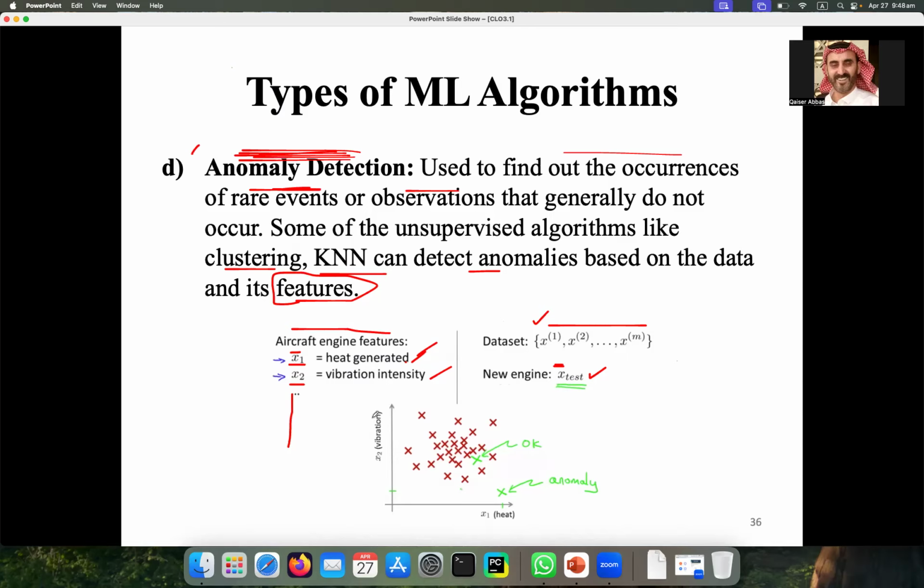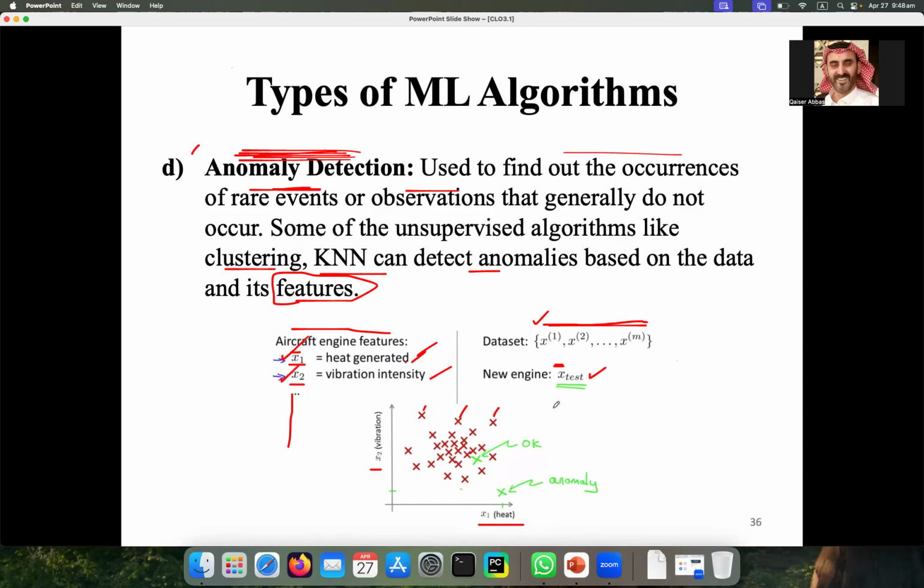When your machine learning model is running over that data, it is plotting all that data from X1 to XM here, these crosses in brown or red color.